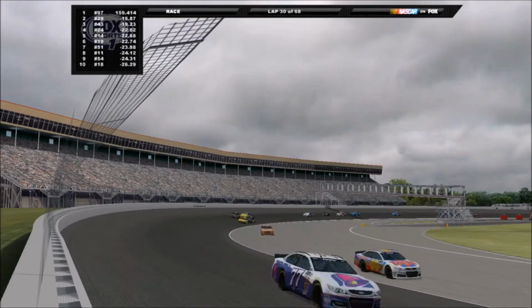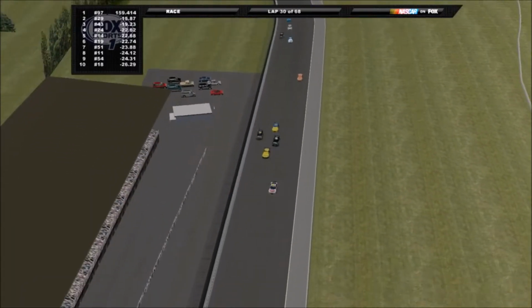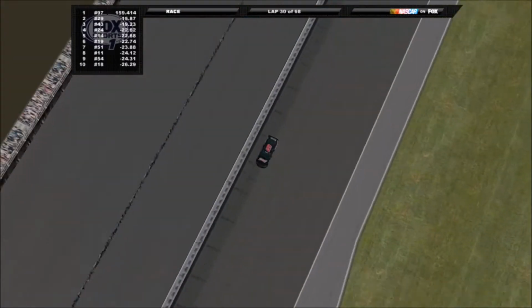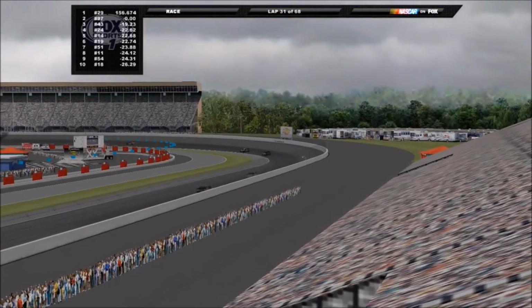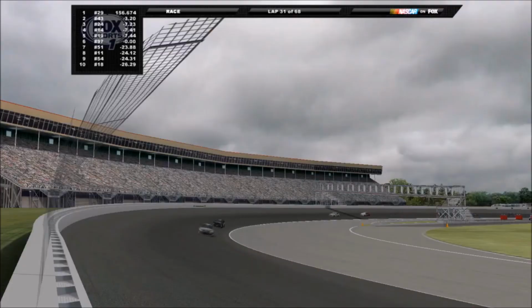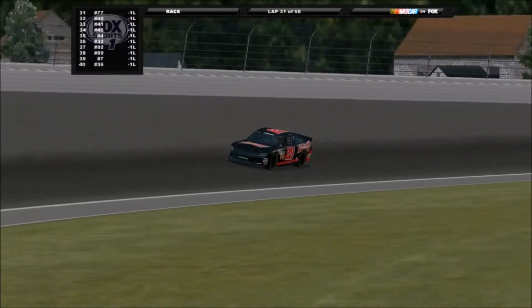Still have no word on what the heck happened to the 18. I think the 48 came out on pit road. Let me try to find the 29 here. Yeah, there's the 48 right there. There's the 29. I really think he's going to be the leader. Yes, he is the leader. Yeah, okay, Roger Ray. Look at the lead, and it looks like the 48 might have fell a lap down because of that. And the 46 might